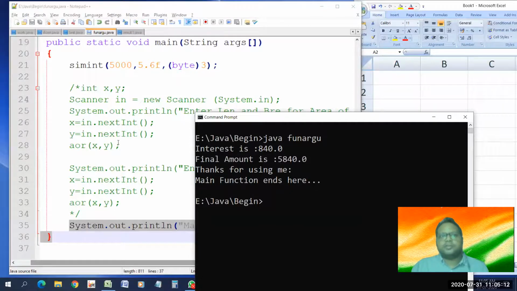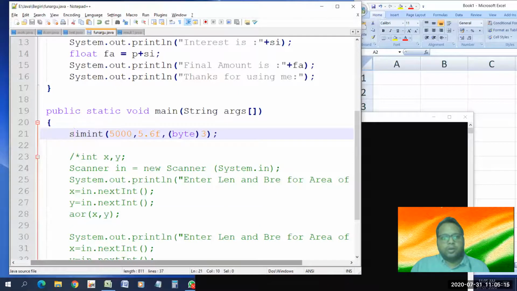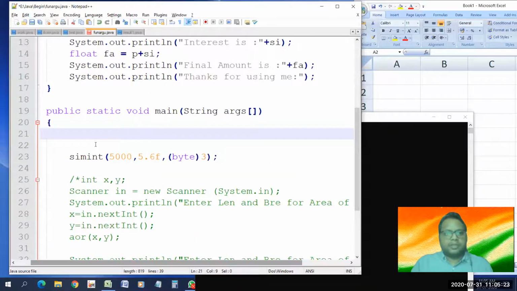So this is how we make functions. Now we have passed the values directly. Now let us see how we can take input. Make variables: float p1 for principal, r1, and byte t1.